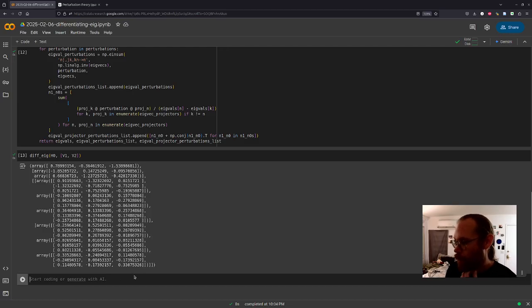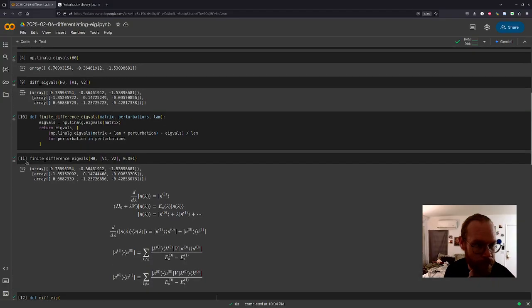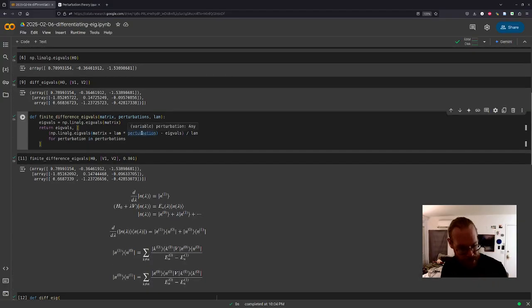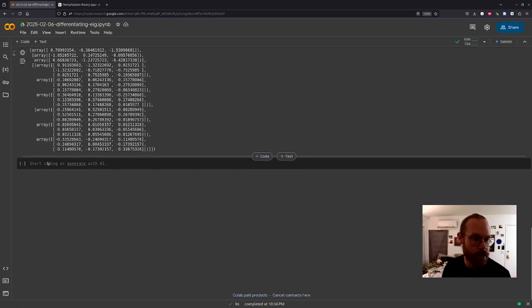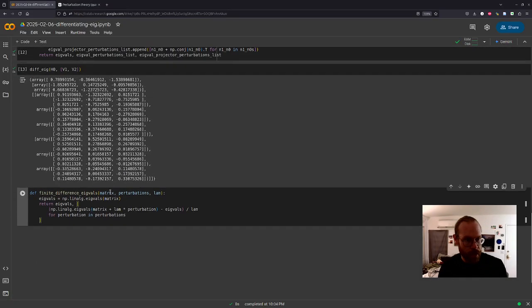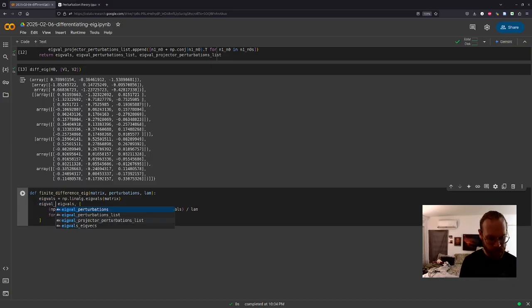Okay, now we need to write our finite difference testing method to see if we actually did this correctly. Finite difference eig. Okay, so these are the eigenval diffs.